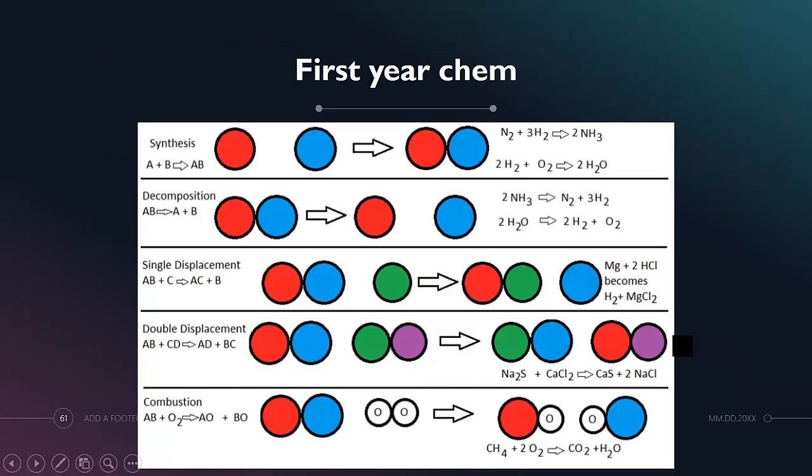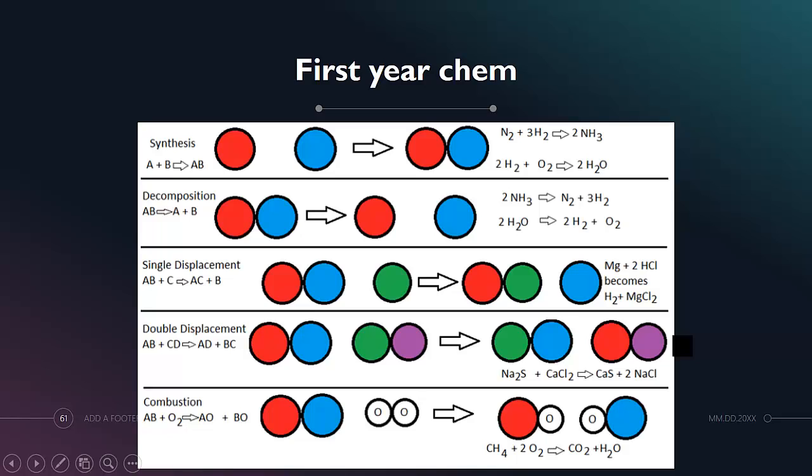Now, the reason for this is that just like in biology, where there's different ways of classifying organisms, whether there's 5 kingdoms or 6 kingdoms, in chemistry there are different ways of classifying chemical reactions, either by a pattern that exists, that's what you learned in first year chemistry, or by the overall outcome of the reaction, which is what we go over in AP. However, it is fair for you to know both types of reactions, so let's quickly review what you learned in